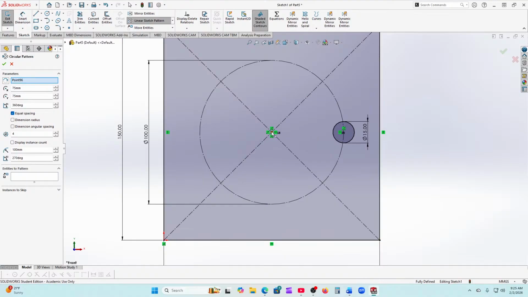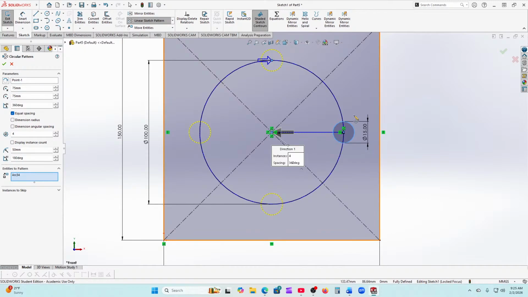So if I click the center point here, which is what I have, and then I need to select whatever entities that I want to do a circular sketch pattern with, and I can change the number on there and make sure that you have equal spacing on there so that it distributes them equally around the circle based off of whatever bolt hole pattern that you're trying to do